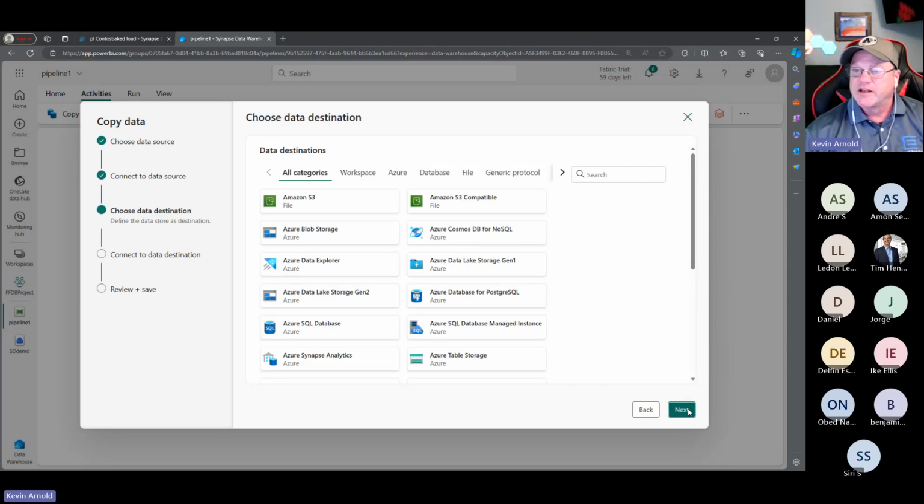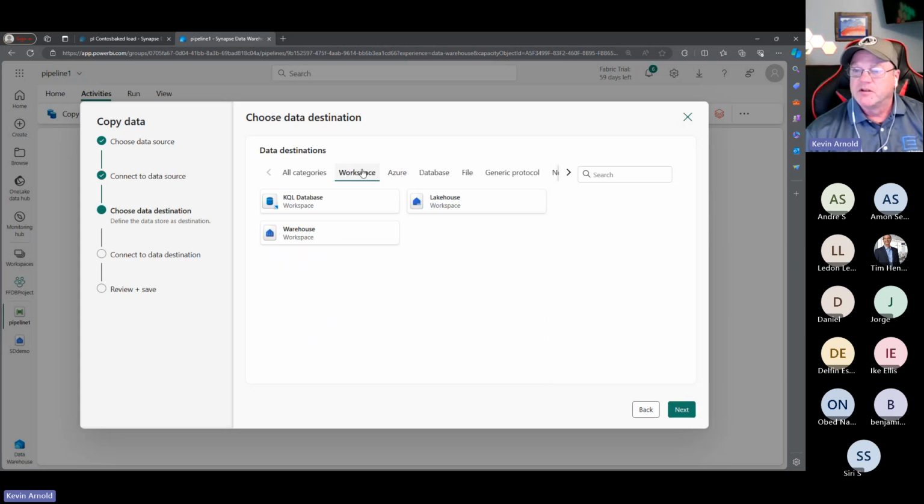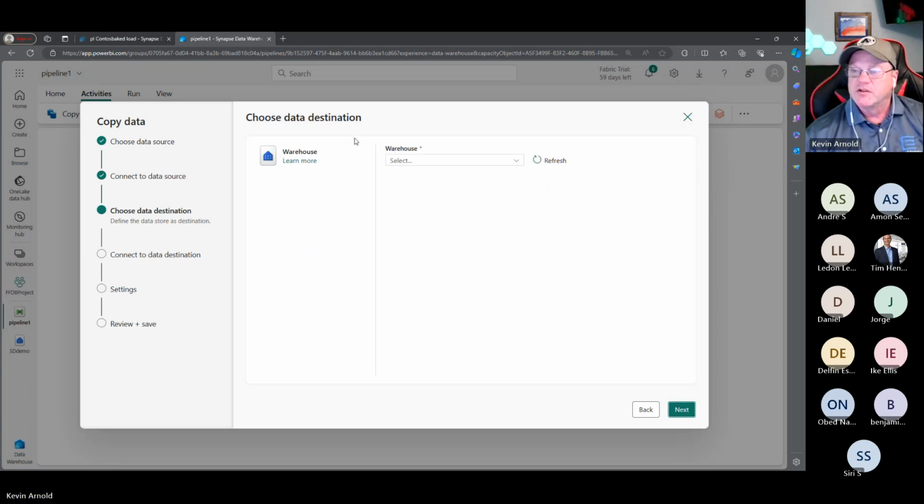And then I'm going to click next, and I'm going to tell it my output, my destination. Some places call it destination, some call it source and sink. Everybody's got different words for everything. So I'm going to say to my warehouse, existing warehouse. I'm going to be able to select it and go to SD demo that I just created.